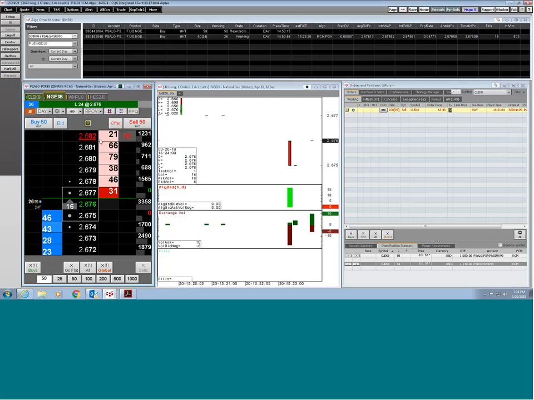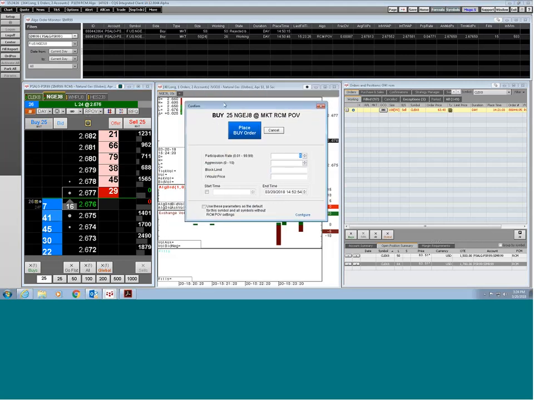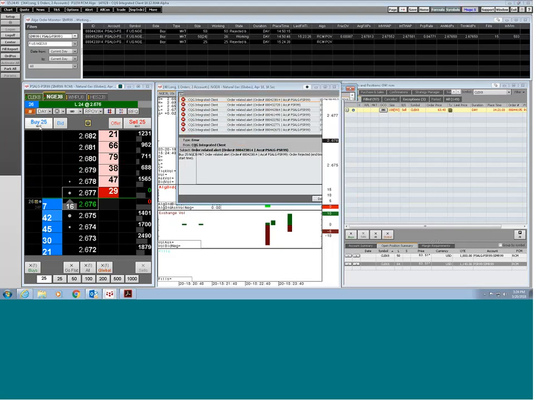So again, I'll choose percent of volume, and let's say I'm long 24 and I'm working 26. If I wanted to do 25 more, I could go ahead and say buy 25 more at the market, or I could place a limit order in there, but I'll buy 25 at the market. This box pops up. It's my confirmation box, and from here I can choose all the parameters that we went through, and I can choose my start time and end time. In this case, I'm just going to enter an end time, so I'll just put it for a few minutes out and place the order, and I accidentally made a mistake, of course.